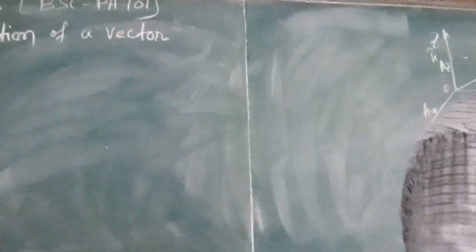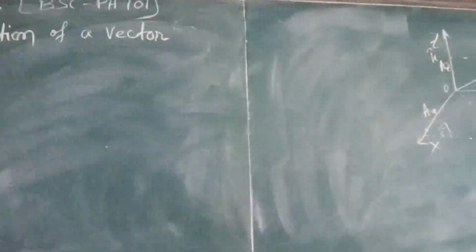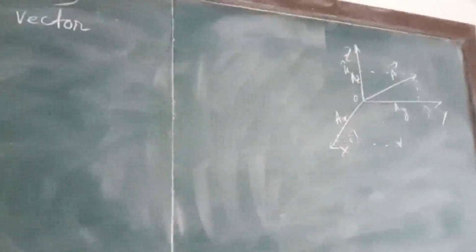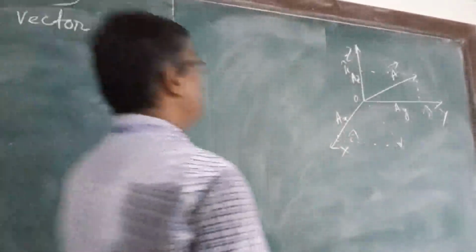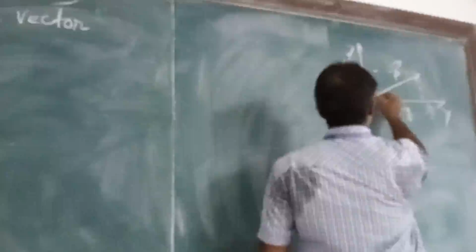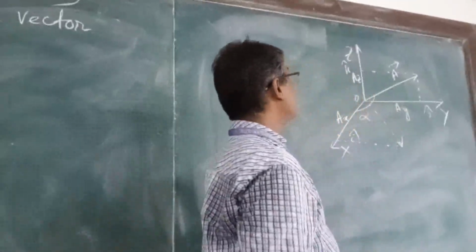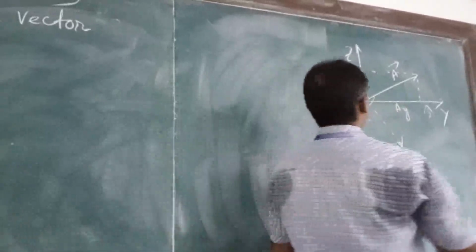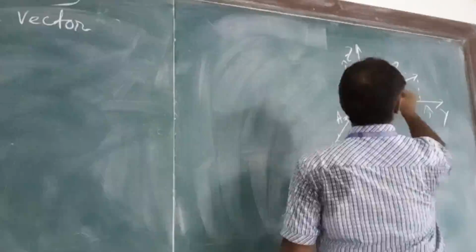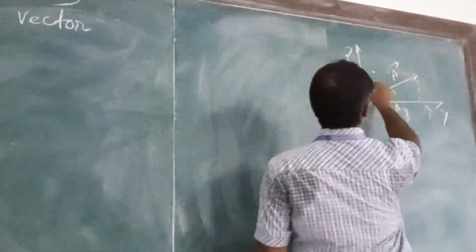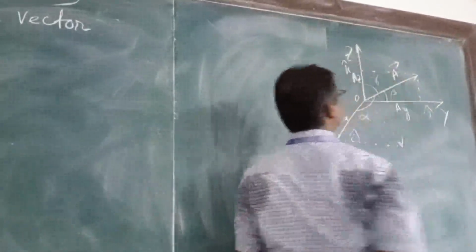If the angle between vector A and x-axis is alpha, vector A and y-axis is beta, and vector A and z-axis is gamma,